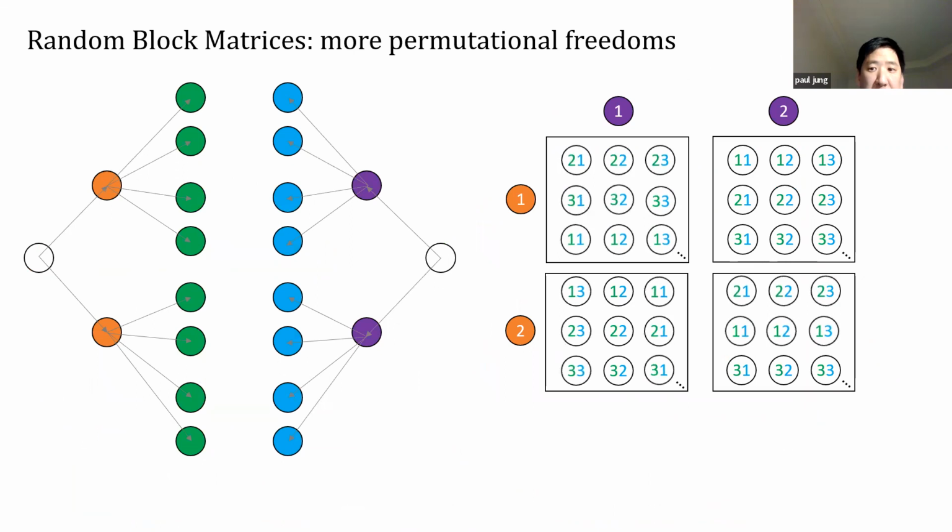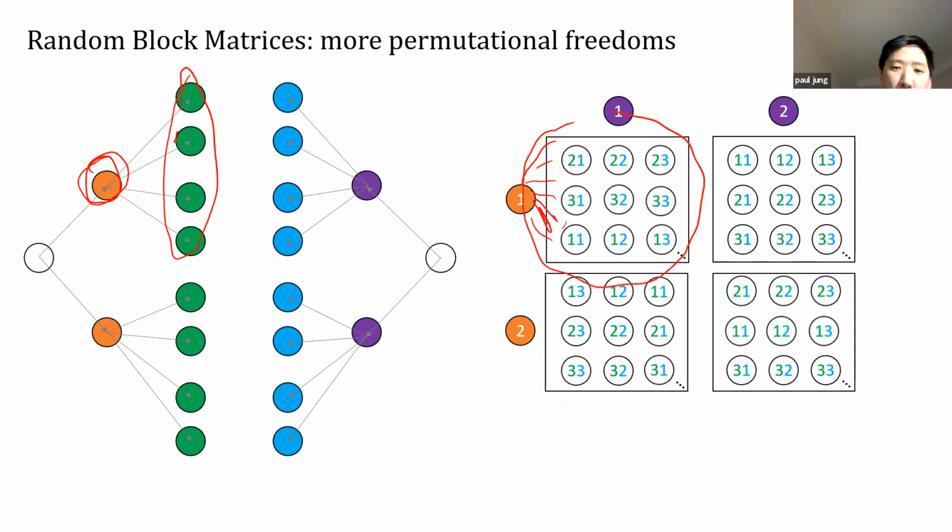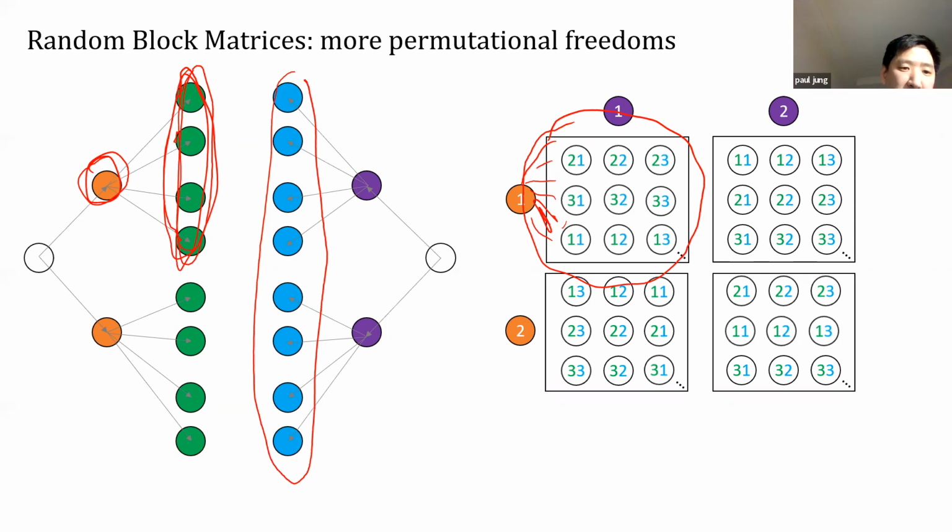Okay, so if we allow for these types of permutations, then what is the additional structure that we have here? Well, in some sense, all these greens are subjugated to this one orange. So we have all these small rows coming out from one of these oranges. But what we want is that these small rows somehow also know which large column they're in. As it is, we're taking the cross product of this guy with everything all together. What we would like to do is take the cross product of these guys separately with these guys, and then separately with these guys.